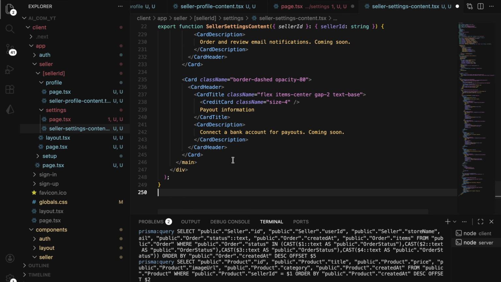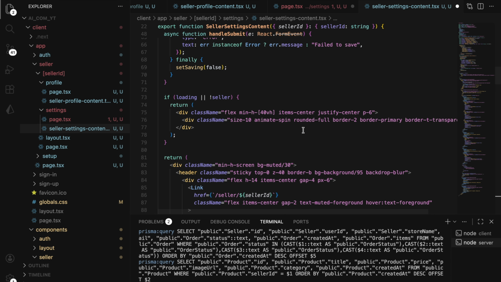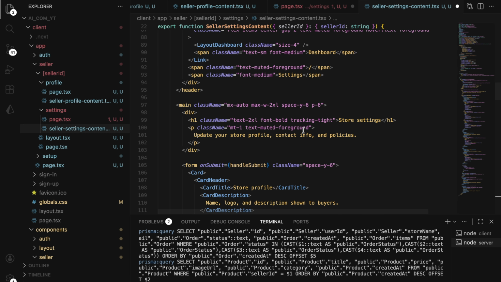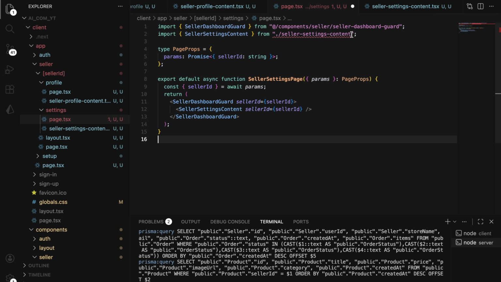Then we have payout information. This is also right now out of scope. Okay, so this is all we are going to show on our settings page. Basically, the main concern is about updating the store data. So now let's save here, save this as well,